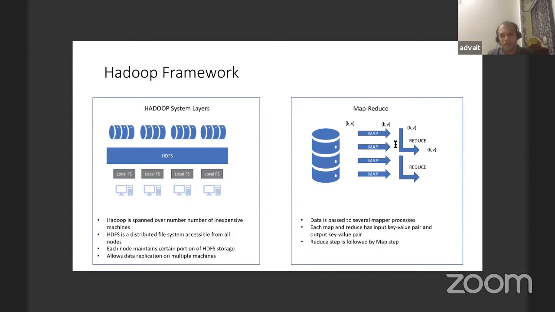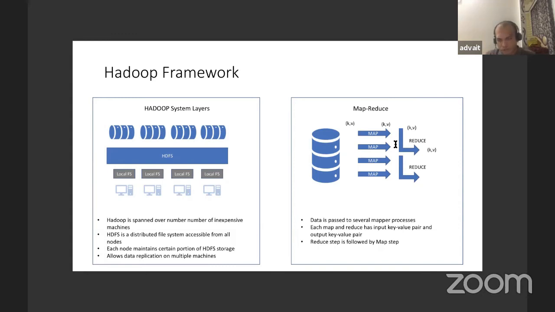Map is where you take some data, transform it, and output it. Reduce is where you get the transformed data, get the gist out of it, and output it.